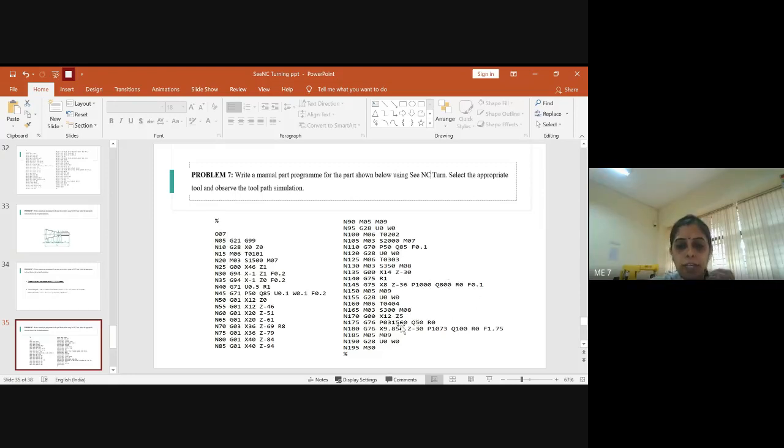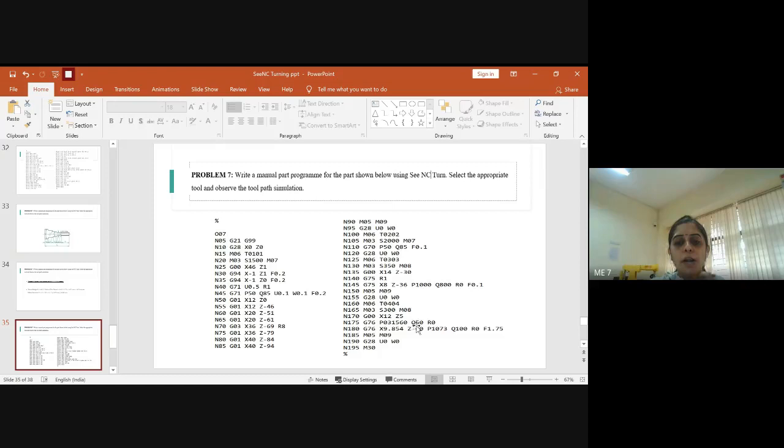And then if you need any chamfering in the thread cutting, then the value could be assigned. If it is not needed, if you put 0, no chamfering will be considered while thread cutting. And then 60 will be the threading angle through which the threads will be done. So this will be the value of P that you have to write, with respect to the number of idle passes, the chamfering value, and the thread angle.